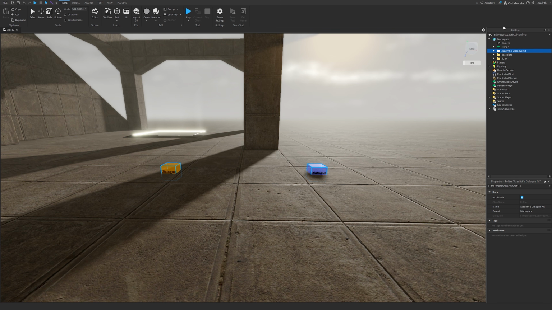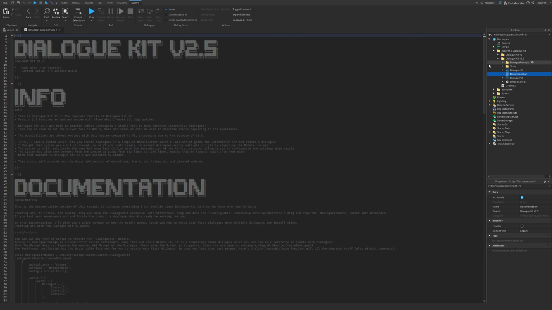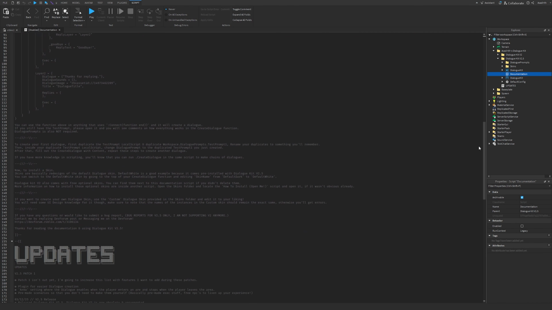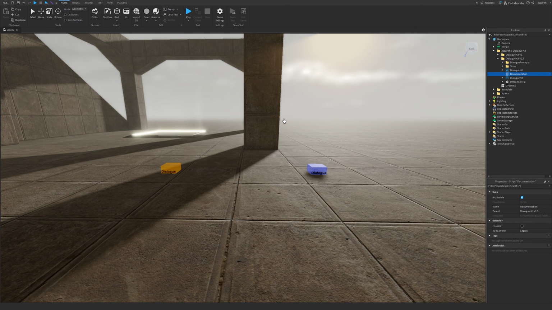So what we can do is go into Explorer, click on the arrow for Dialog Kit v2.5, and then you can go ahead and read the documentation script, which is basically just this video if it was in text format. But if you'd like a visual representation of how things work with the system, what we can do